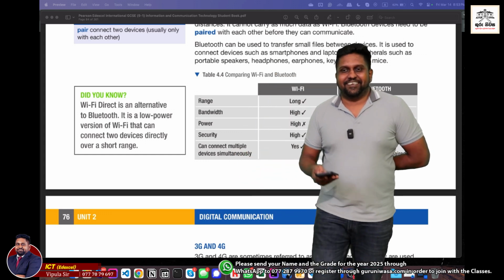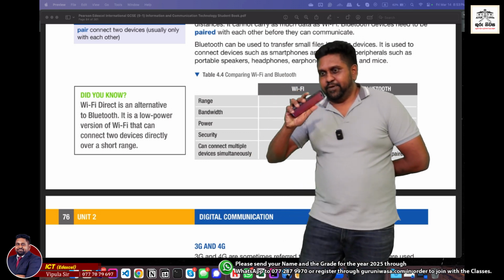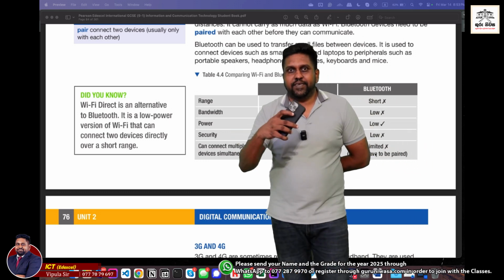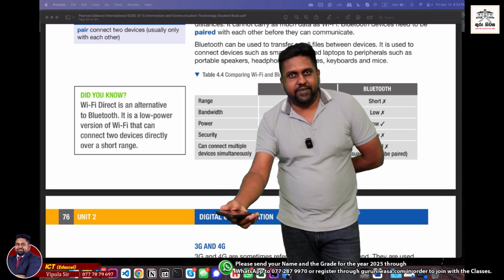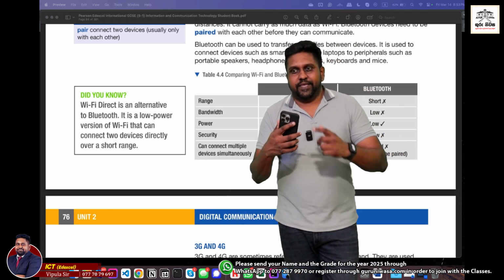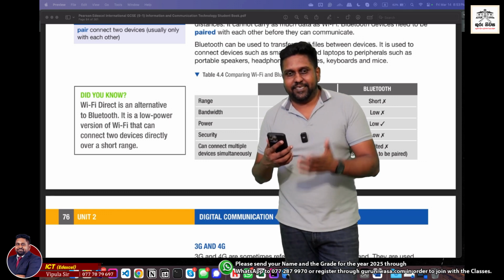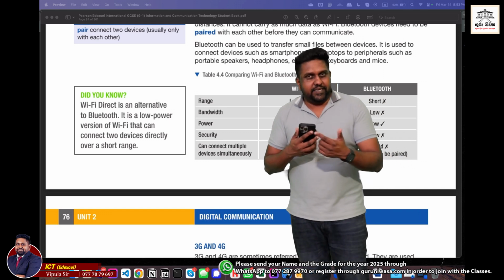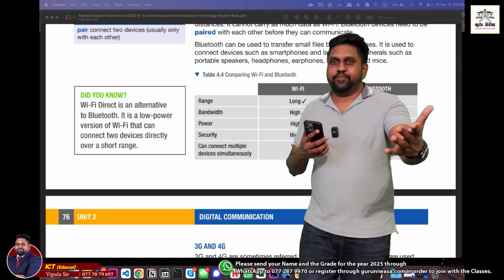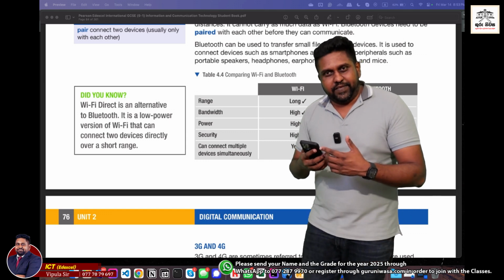So if I'm trying to share something with you, these devices have NFC sensors, near field communication sensors, and when I tap my device with your iPhone, this automatically creates a connection between us. It's a Wi-Fi connection, but it's known as Wi-Fi Direct. Once this connection is established, I can directly send you a file because we are using